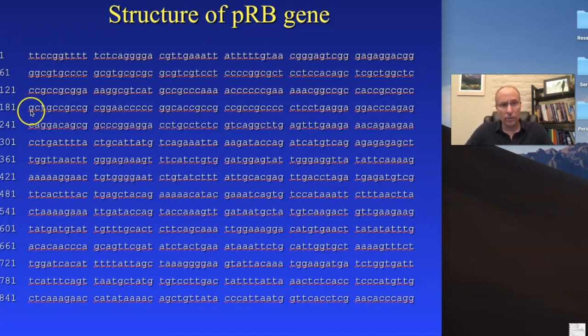So this nucleotide right here is the 181st. You can verify that: 10, 20, 30, 40, 50, 60, 120, and so forth. So you can get all that right there. Now, this is only part of the gene, and the way they wrote this out is they have removed the